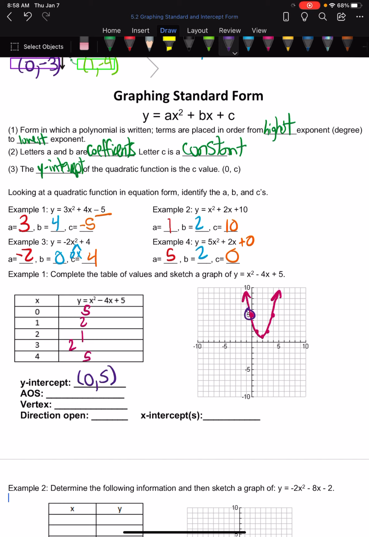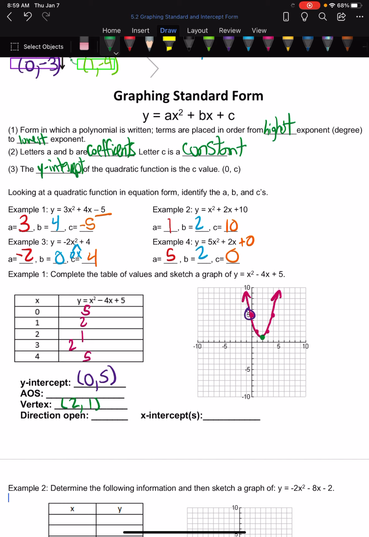Now, before we look at the axis of symmetry, I'm going to look at the vertex. Our vertex is, in this case, because it is an open-facing parabola, going to be our minimum value. So it's going to be down here at our lowest value. You can actually look at your table to figure out where your y value is the lowest. So our vertex is at 2, 1,